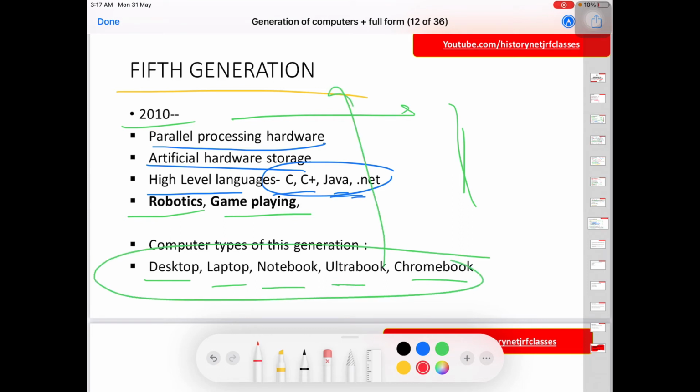In the fifth generation, the most important thing is AI, artificial intelligence. Everything is based on algorithms. Whatever you do, there is constant collection of your data, and accordingly your web browser and the applications where you are logged in are customized and personalized. For example, if you surf any product on Amazon and then open Google, you will see the same product there in the form of an ad. If you go to Facebook or anywhere else, it is customized constantly. This is where AI works: it customizes things according to your need.